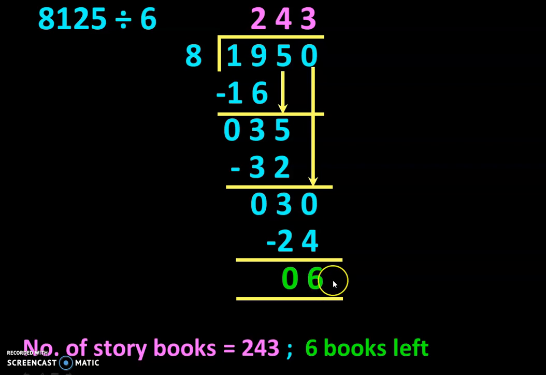Don't just leave the remainder as it is. Check the question for anything asked regarding the remaining thing, that is the remainder. Surely if any remainder comes, they'll ask a question about it. The question will be like how many are remaining, how many are brought back, or how many are left. Keep it in mind.